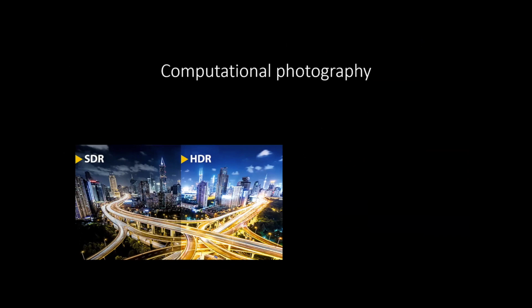And finally, computational photography. That's something that's deeply ingrained into camera software, into low-level software, so you don't even appreciate it. But there's a lot of magic happening before you even see the image. One example is HDR, high dynamic range imaging, where your camera basically takes multiple photos at different exposures and combines them in a really smart way so that you get really nice contrast and nice imagery.